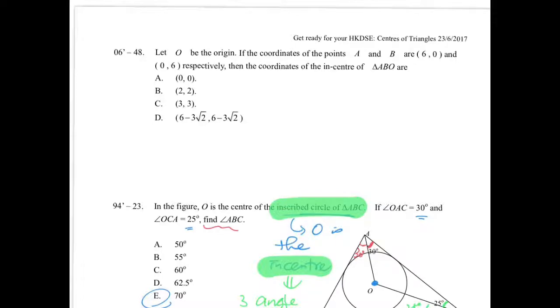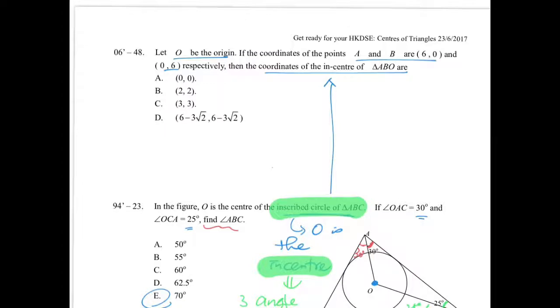And next we go back to the question in 2006, which is on the top of this page. So you have origin, points A, B, 6006 respectively. And then you're asked to find the coordinates of the incenter. Okay, so now I think I need to have a picture which helps me to understand